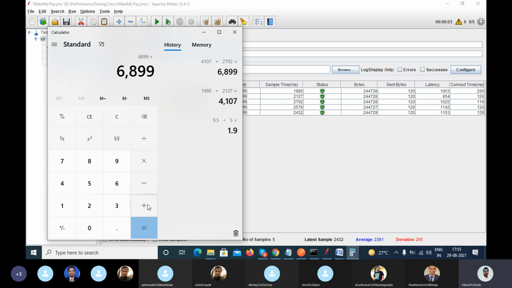So 6849, then 2578, plus 2432. So this is the total, right? And how many users are there? 1, 2, 3, 4, 5, divided by 5,